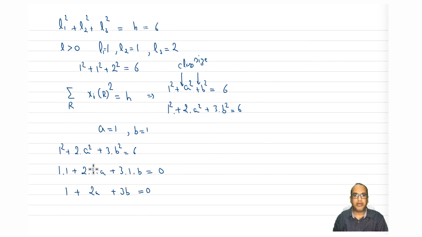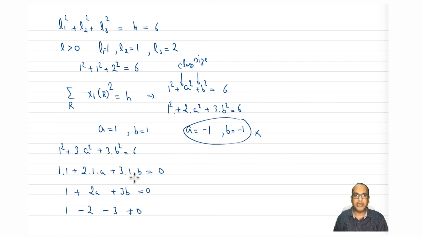So now I have to find which digits A and B can both take, plus 1 and minus 1. We have seen that earlier. If you put plus 1 also, it will take the values, but plus 1 values are already taken for tau 1. Now the negative 1 values, can both A and B be negative or not? Let us test that. Let's say A is minus 1 and B is also minus 1. Does it follow this equation also? That will give you 1 minus 2 minus 3, which is not equal to 0, right? So that means this is not a solution.